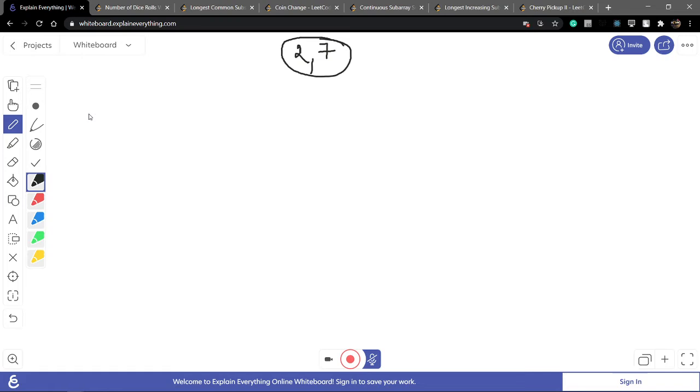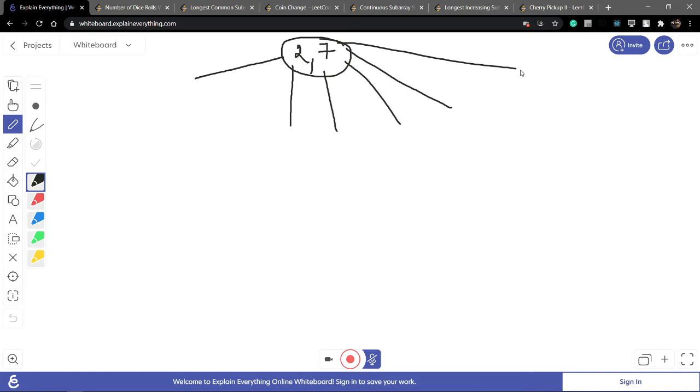Okay. Now the number of faces is 6. So in the number of 6, they have 6 tries. Yes or no?